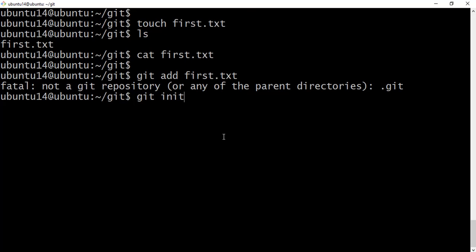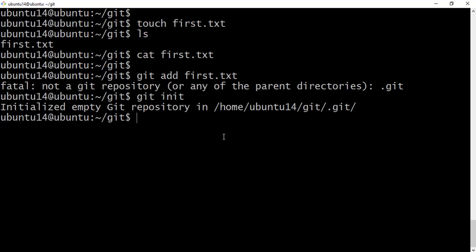Git init means git initialization. Just check the output here: Initialized empty git repository in /home/ubuntu14/git. This is my current working path, and .git is the hidden extension actually.